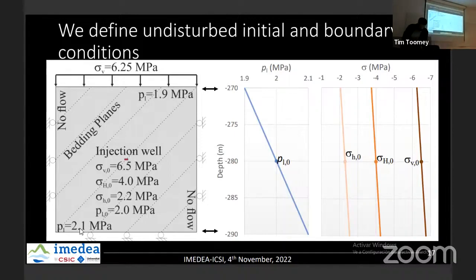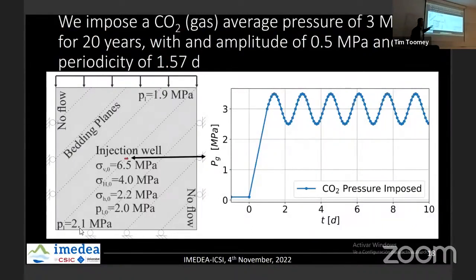Then at the injection well, we impose an overpressure. We impose this variation of the gaseous CO2 pressure inside the well that propagates around in the formation, with a mean pressure of 3 MPa, with an amplitude of 0.5 MPa, and with a periodicity of 1.75 days, more or less. We impose this for 20 years, and what we get